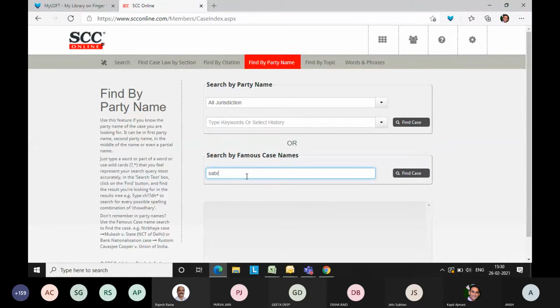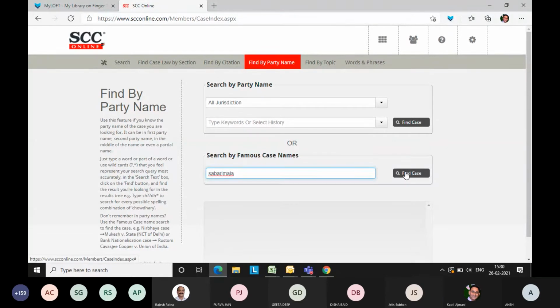Actually, my machine booted now. So Sabarimala, the moment you key in Sabarimala, it will prompt you. Basically, it will give you a suggestion that it is the one on women entry in Sabarimala temple. So the software will automatically, the Sabarimala spelling is Sabari, the moment you key in Sabari, it will give you a suggestion.